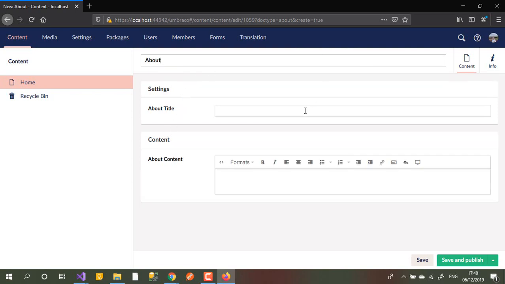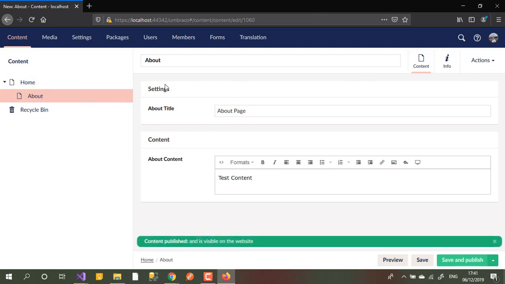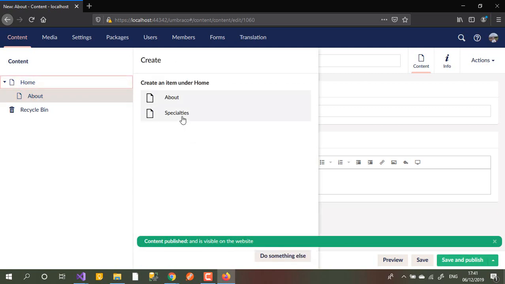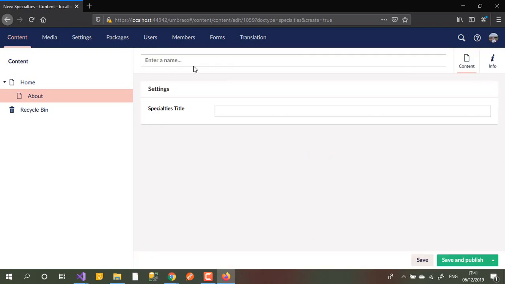So if I press about, let's call it about page, test content. Save it. After you save this one, maybe you can add the second one too. So here, as you see, before they used to have tabs here. Now they changed it to have different things. I don't know if it looks better or not. So now we can add the menu too. Menu page. So if I save them,